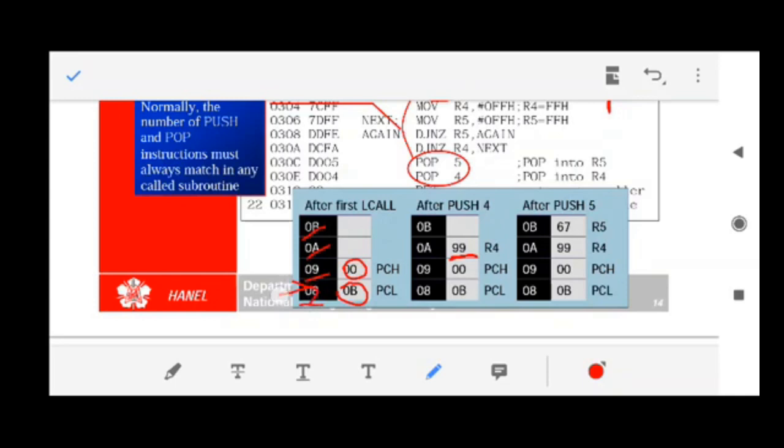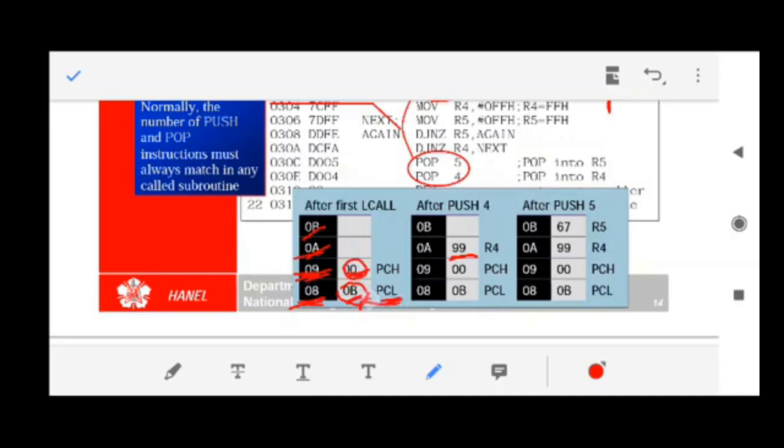This position, the address is 08. This position, the address is 09. This position, the address is 0A. So first your 0B moved to 08, 00 moved to 09. This is the location of the stack, and this is the value of the stack. This is PCL. PCL means lower byte of program counter.